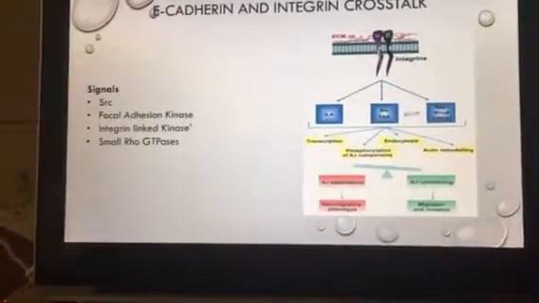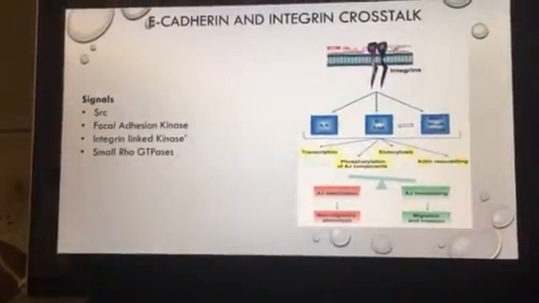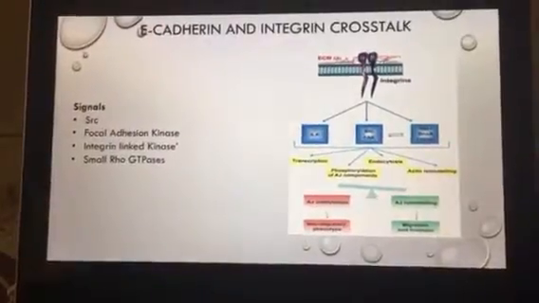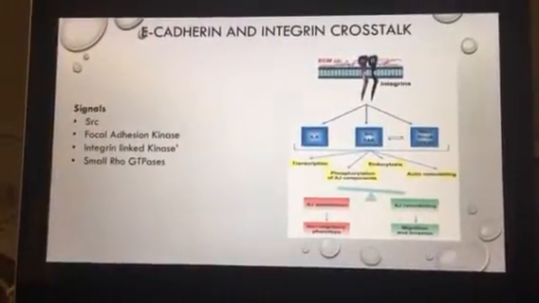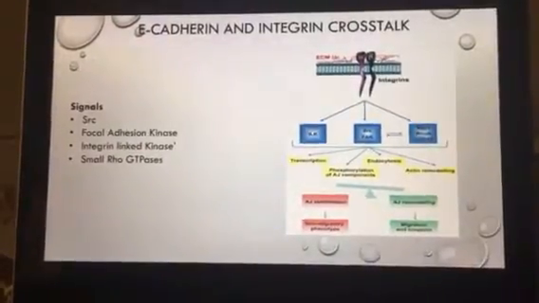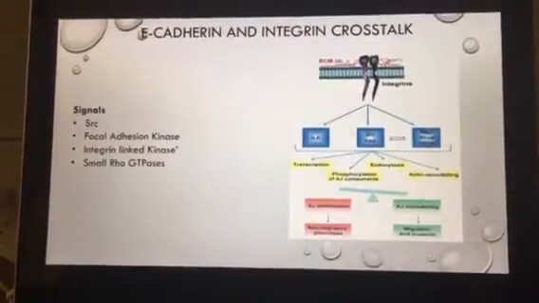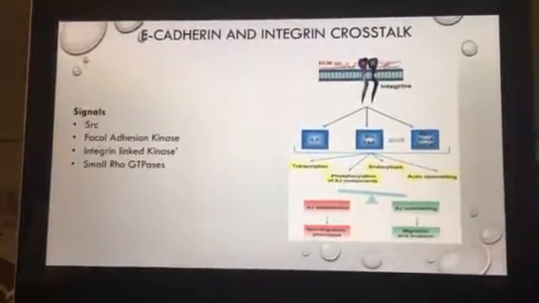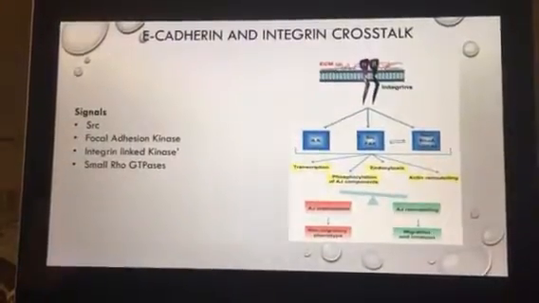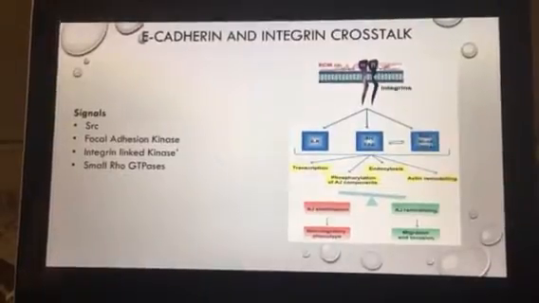Next, we have the E-cadherin and integrin crosstalk. The crosstalk between E-cadherin and integrins plays a part in cancerous tumor cells by responding to various signals in order to regulate migration and invasion. The crosstalk is mediated by the disruption of cell adhesion by actin-myosin contractility. Looking at the figure, signals such as SRC and